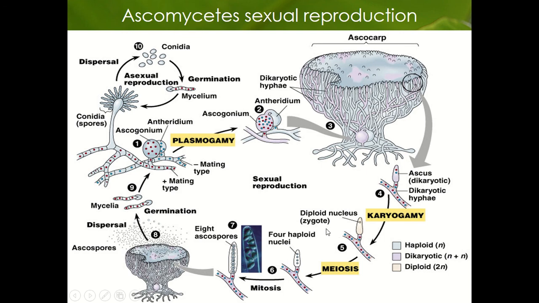This zygote will undergo meiosis 1 and meiosis 2, producing 4 haploid nuclei, and then mitosis to produce another 4 haploid nuclei. So the total is 8 haploid nuclei,